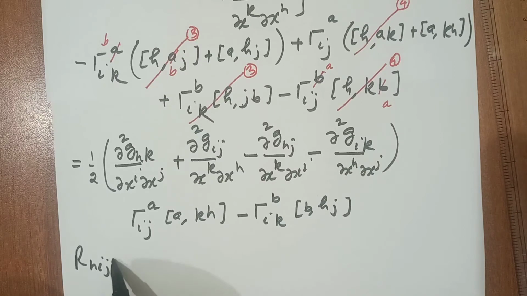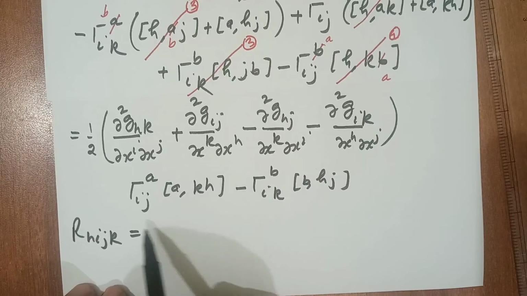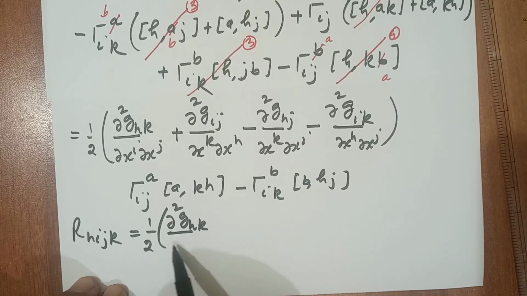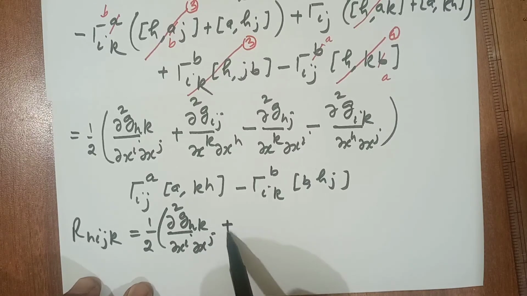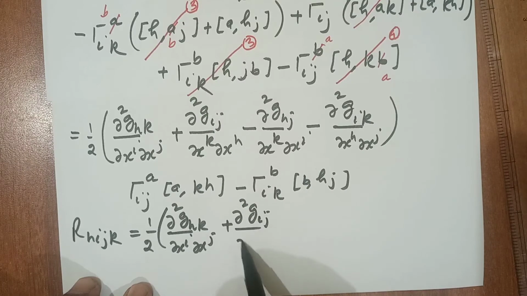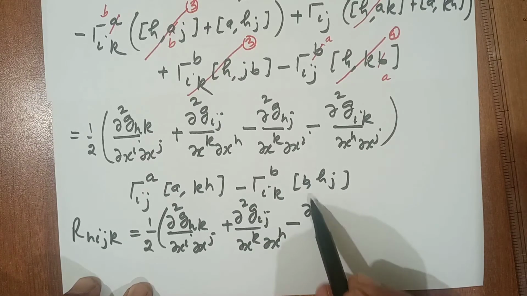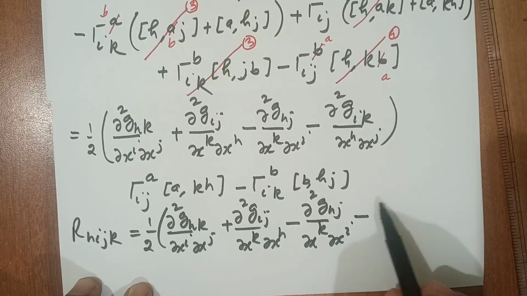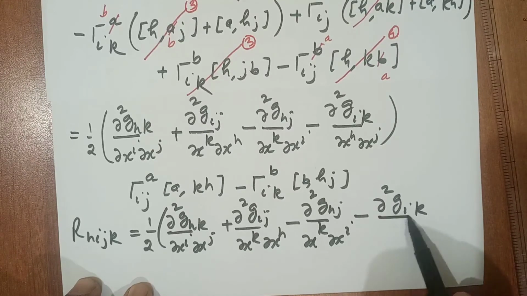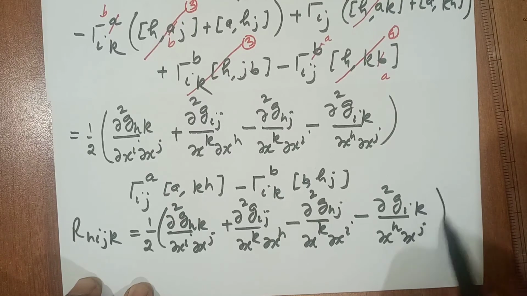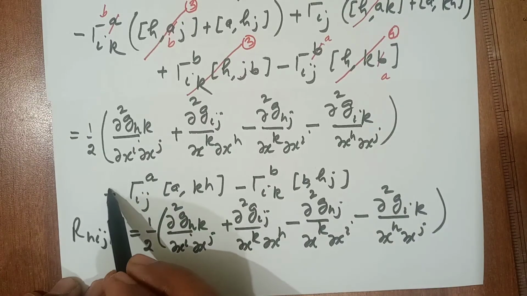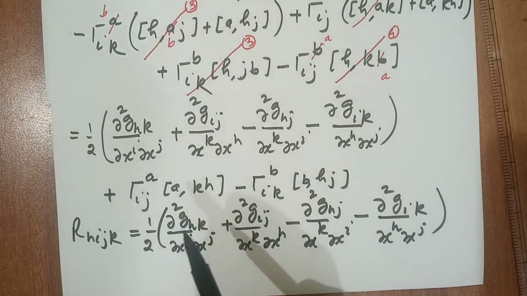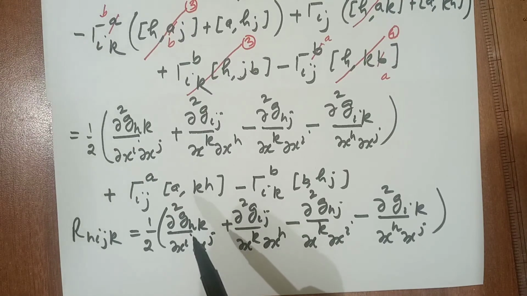R_hijk, R_hijk is equal to, this is the definition, means the expression of R_hijk, so ∂²g_hk/∂x_i∂x_j plus ∂²g_ij/∂x_k∂x_h minus ∂²g_hj/∂x_k∂x_i minus ∂²g_ik/∂x_h∂x_j. Here this is plus. Again, by using the definition of Christoffel symbols of second kind, we can write in terms of second kind or in terms of first kind. Okay, so this is